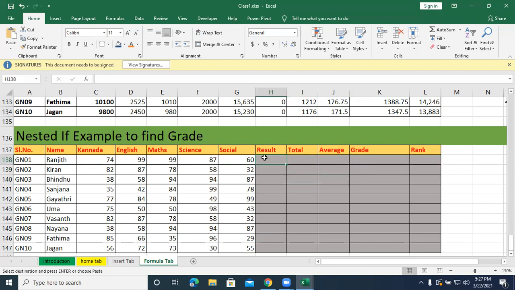So you know how to find out the results, right? Previously, the first statement we did finds out the result based on marks. If the student marks is more than 35, I should get pass. If it is less than 35, fail. So if we find out this result first,